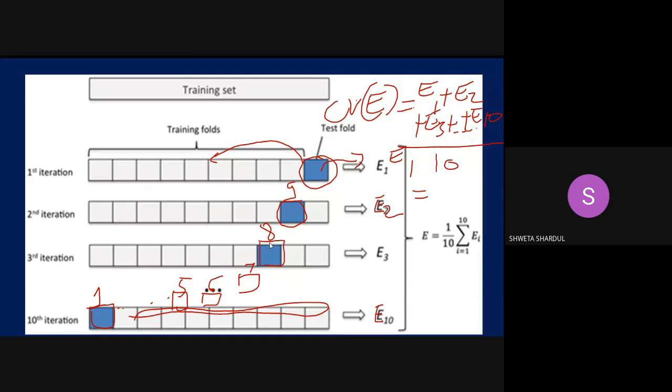Sir, in what do we have to do this? Please repeat. In what do we have to write this algorithm? So we have seen the different steps of the k-fold cross validation algorithm. Right. So based on these steps, can we implement the algorithm? We know that an algorithm is a sequence of instructions, right? So that is basically steps.